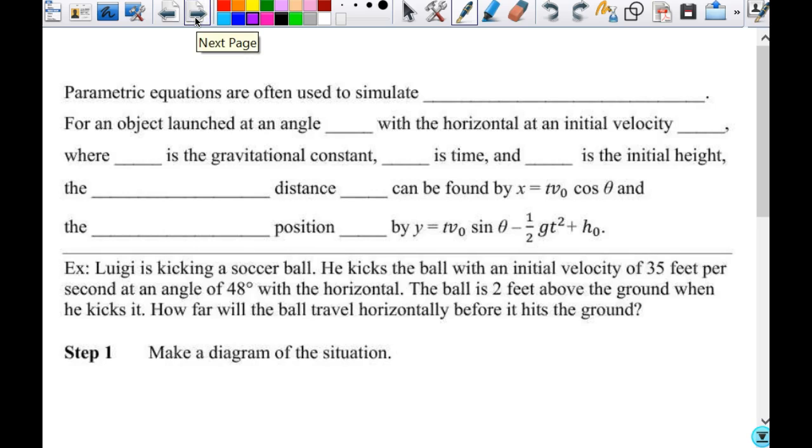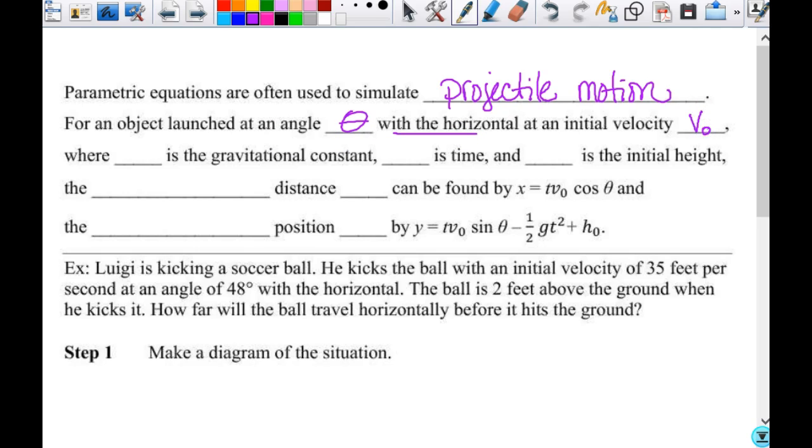All right, so parametric equations are often used to simulate projectile motion, and that is how you would have used something similar to this. It's not similar, it's the exact same thing. You just may have called it different things in physics, because I know you talk about projectile motion a lot in physics. Okay, so for an object launched at an angle theta with the horizontal at an initial velocity of v sub 0, that's your initial velocity,